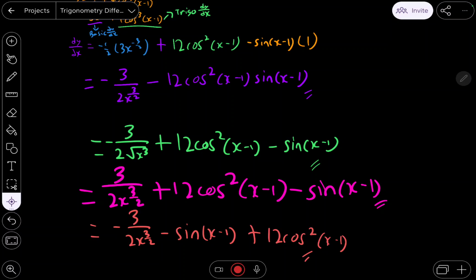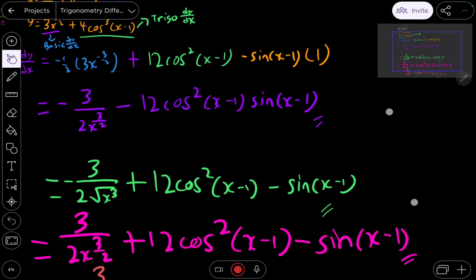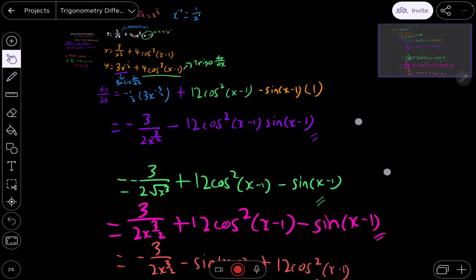Because you see, I can just copy and paste. So, plus 12 cosine squared x minus 1, I just copy. And minus sine x minus 1, I just copy. I just expand my half into the 3 x to the power of negative 3 over 2, and then I get 3 over 2 x to the power of 3 over 2. So I recommend you either write in the pink way or the purple way. But for the purple way, you need to understand that because you shift your negative in front, your sine x becomes positive. Alright, so with that, we have come to the end of this second differentiation exemplar question on polynomial,